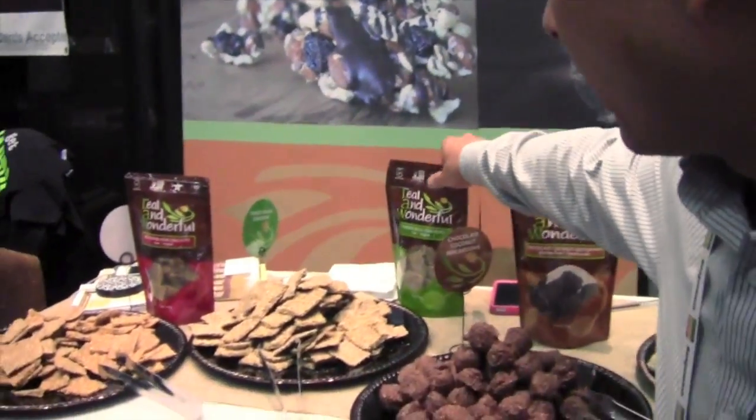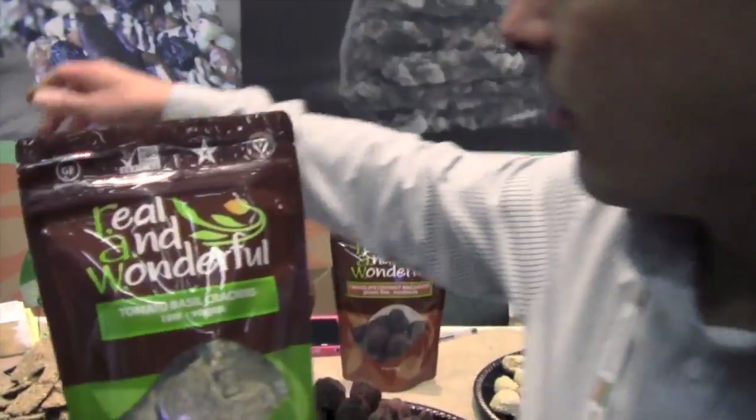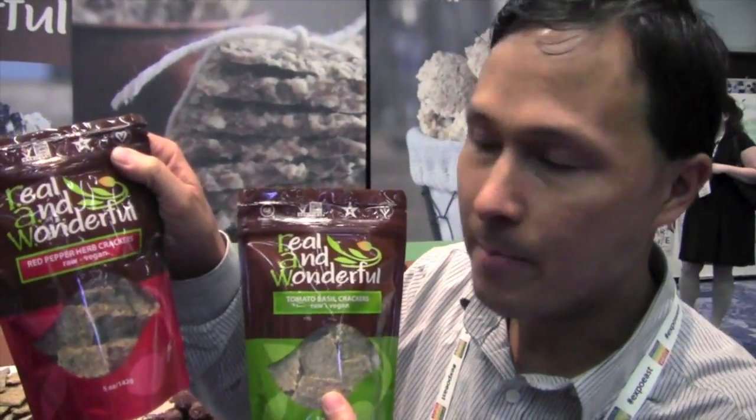One of the products that I do like that they have here a lot actually are these guys. They got some awesome crackers, and they got some tomato basil crackers and some red pepper herb crackers. And one of the things at these trade shows I really got to watch out for is that there are so many different samples, so I try to only select certain things. And I can definitely tell you that these red pepper herb crackers,